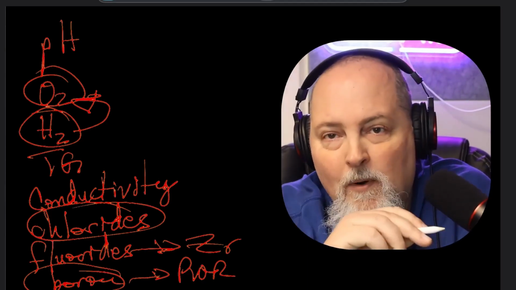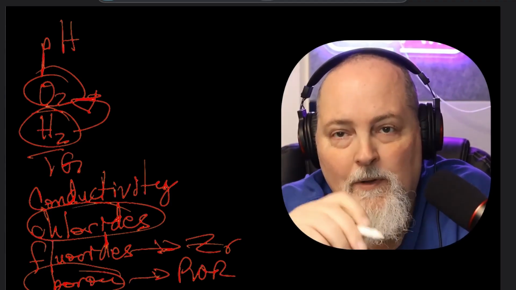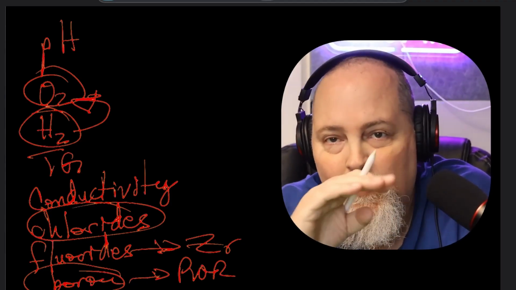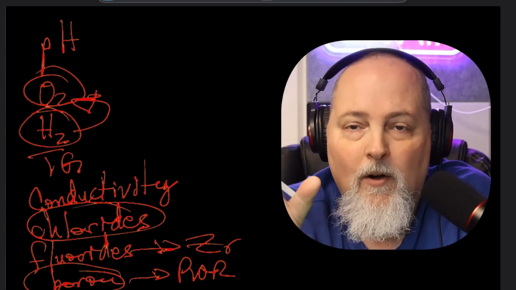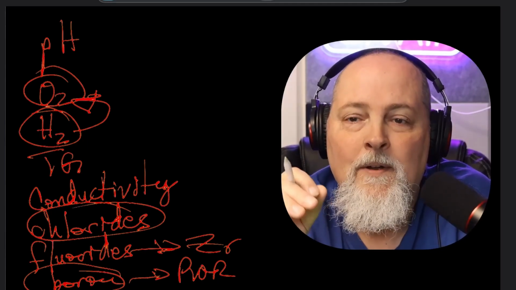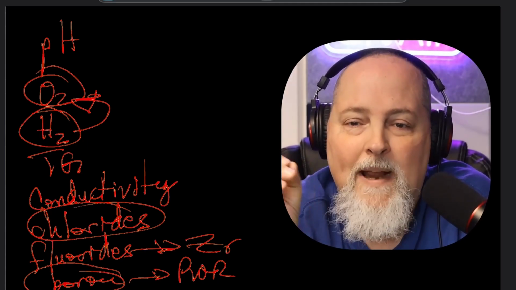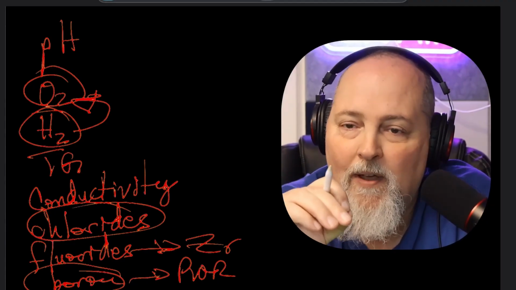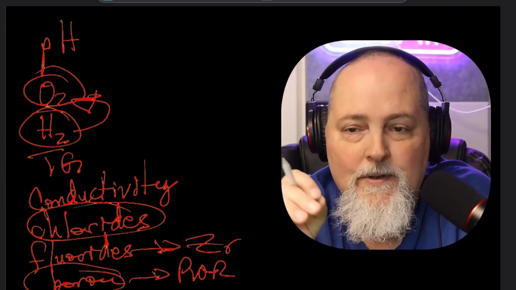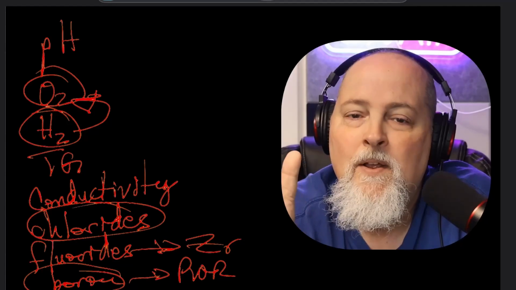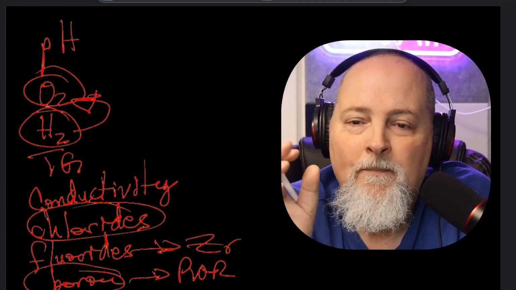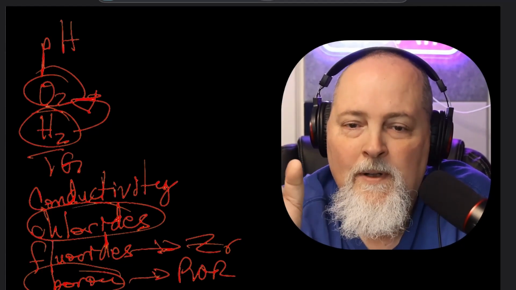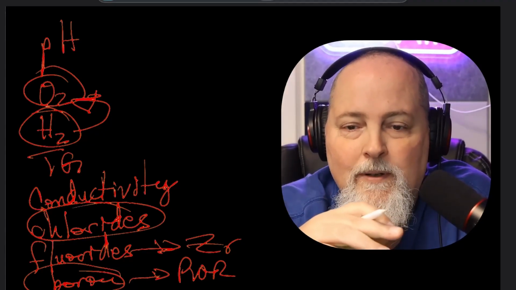So PWR chemistry, we normally use a little boron, and we use that to regulate the power of the reactor. It's reactivity control. We use lithium hydroxide for pH. We use hydrogen for oxygen suppression. Whereas for a BWR, we don't use boron. We do add hydrogen, and